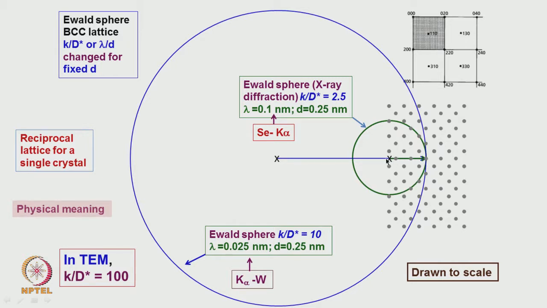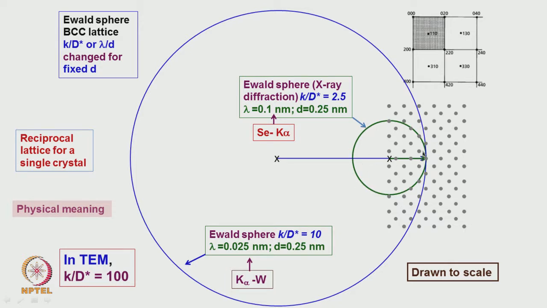This is the direction in which the beam is coming. So, I can know what the value of k is, so I can mark this point, correct. With this as the center, this is for wavelength equals 0.01. Reciprocal lattices are drawn with respect to some lattice parameter, drawn to scale. You can draw the sphere, and the sphere cuts here as a circle.